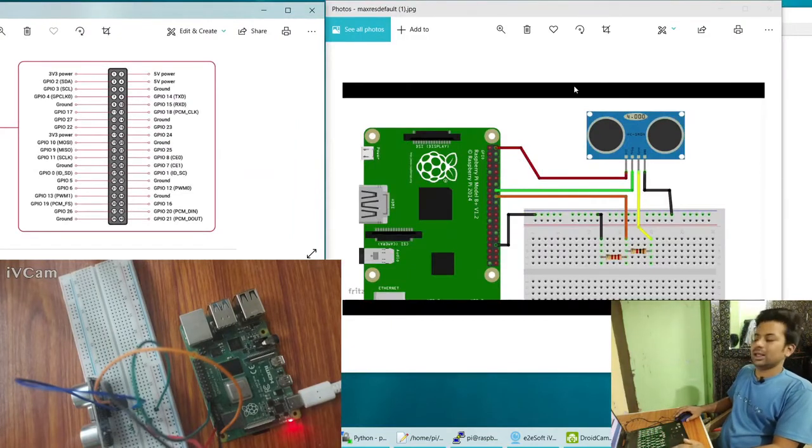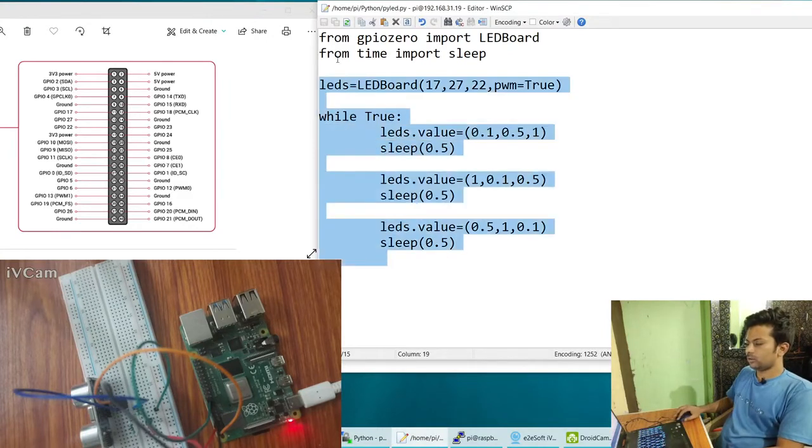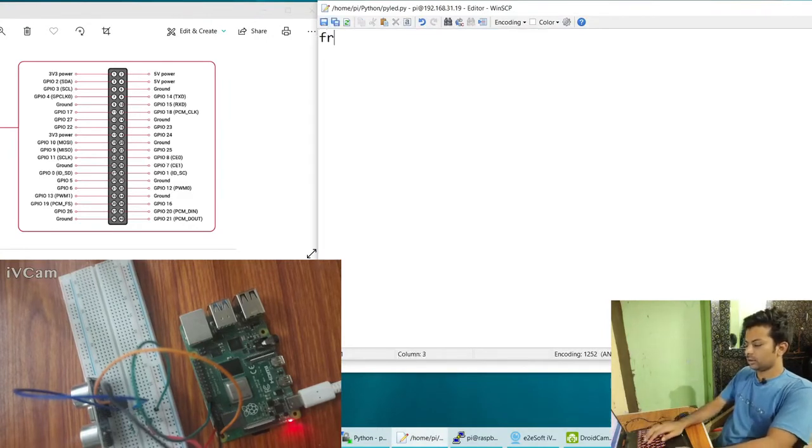If you got confused with the connection, you can just comment or something like that. I'm really sorry for that. So let's get started with the coding part. Okay, let's start with the coding: from gpiozero import DistanceSensor